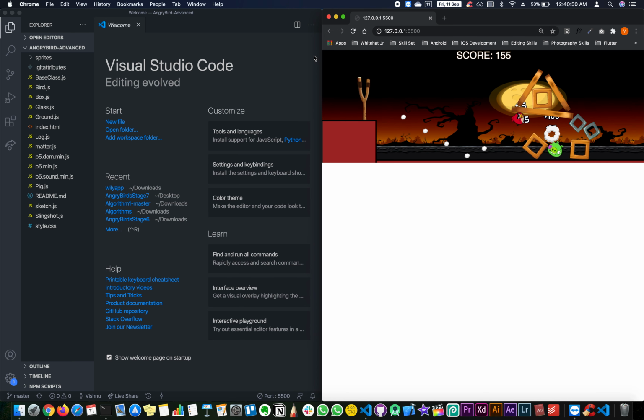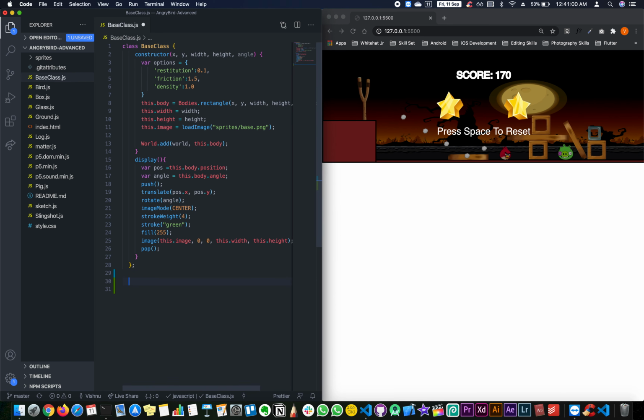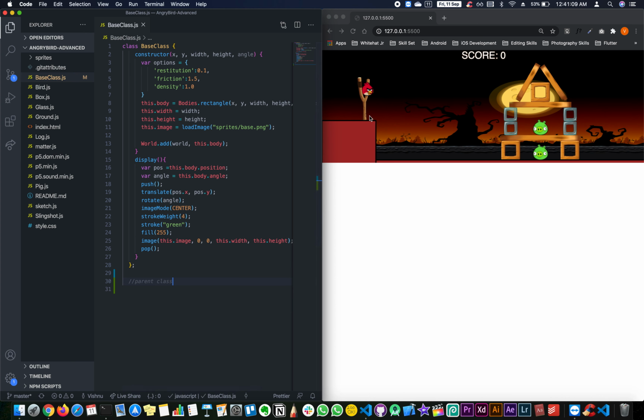You can play around with it. The advantage of using a live server is whenever you make any changes to this project, like adding something and saving it, it automatically refreshes. Cool. Now that you have understood how to use the live server, let us understand how to use the